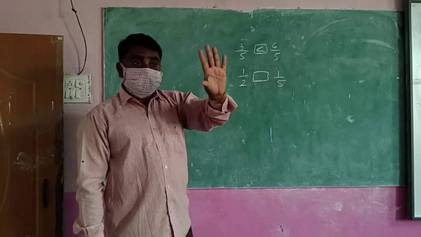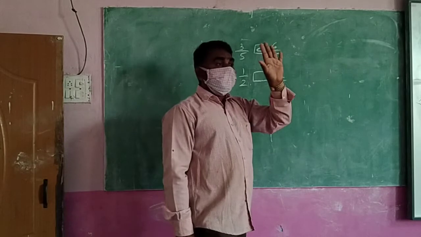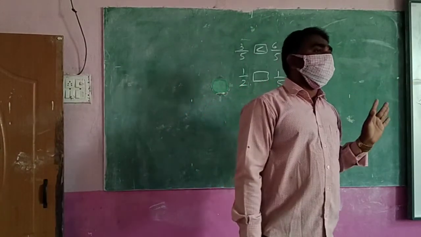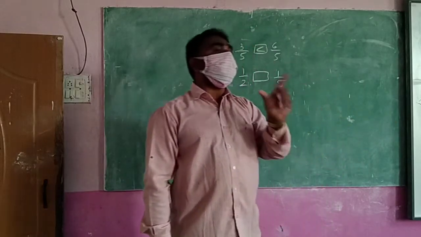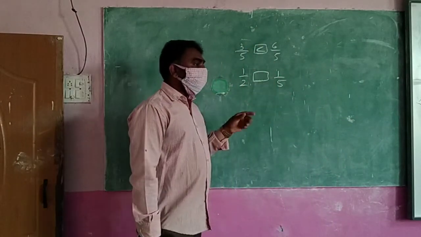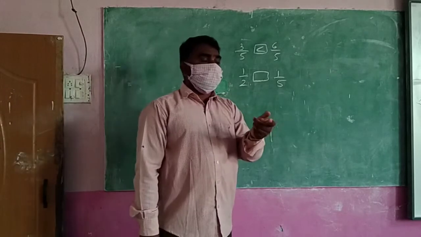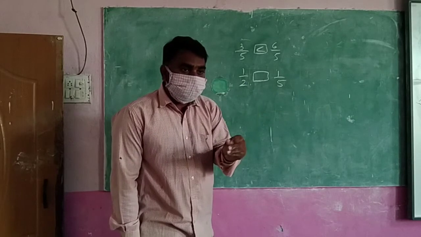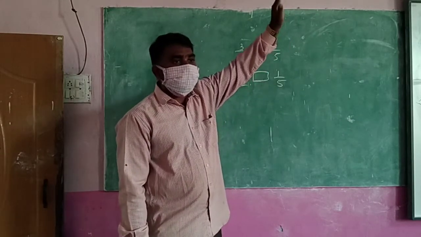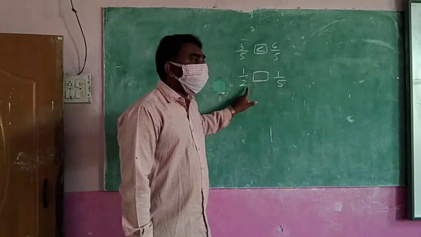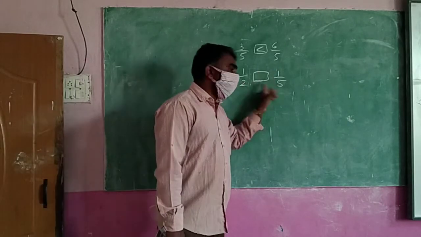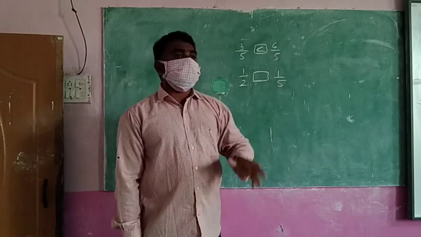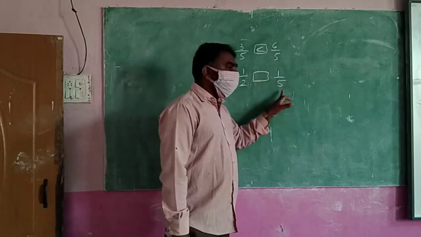I said this to you for all purposes. What purposes? Saying bigger and smaller, for addition, for subtraction. This is most important: the size must be the same. When you are adding, when you are subtracting, when you are saying bigger or smaller, first what should we see? Not go directly for the answer. We should see whether the sizes are the same or not. Which one shows the size? The denominator. Mathematically, we call it: are they like fractions or not? These are like fractions? No.